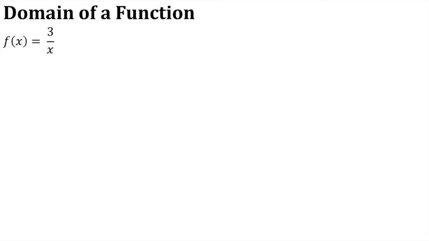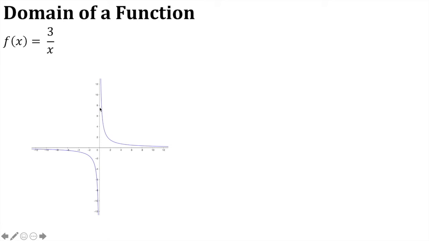So we're firstly going to look at some graphs, and we'll see if we can work out what we mean by the domain of a function. So we've been given this function f of x is equal to 3 over x. So let's have a look at the graph of 3 over x. So maybe slightly unusual for you, you might not have seen a graph like this before, but that's okay. Now the thing that I notice straight away about the graph, I suppose nothing's happening in this quadrant and this quadrant here, but what I also notice is